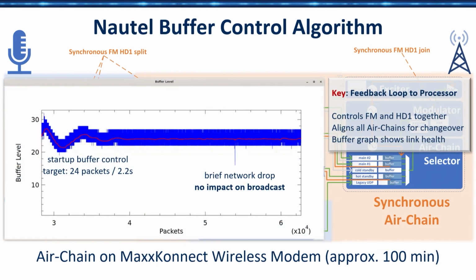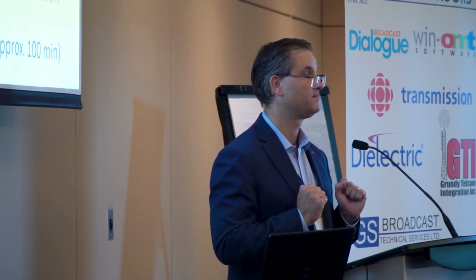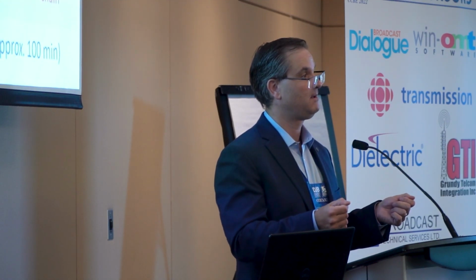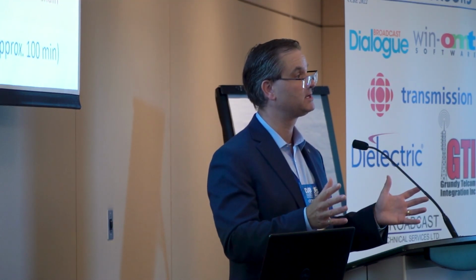One thing that we've added with the synchronous concept, we have all these buffers in our modulator now. But like I said, we're flipping around the synchronization back towards the air chain ingress. So we came up with an algorithm that essentially tells the audio processor, where the FM and HD1 gets sampled, to either slow down or speed up ever so gently. So if our buffers run high, we say, okay, hold on, don't go quite so fast. If they run low, we say speed up a little bit. And in doing so, we can achieve a target buffer level. And we can set that to whatever we want to do. But this allows us to have multiple air chains with content ready to go.